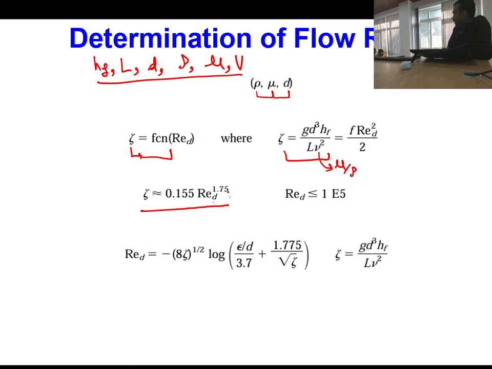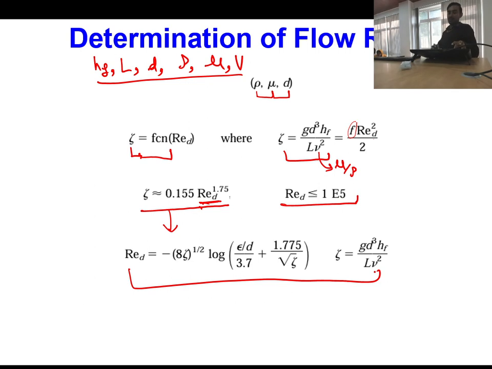found to be 1.75, but particularly when Reynolds number is less than 1E5. Okay, so once you know the value of zeta, which is simply a function of Reynolds number, you can substitute back to get the value of f. And when a wider range of Reynolds number is chosen, then this is the correlation. How this correlation can help us in finding the value of Reynolds number, you can clearly see this zeta is becoming independent of the,